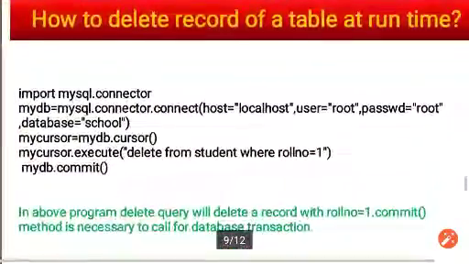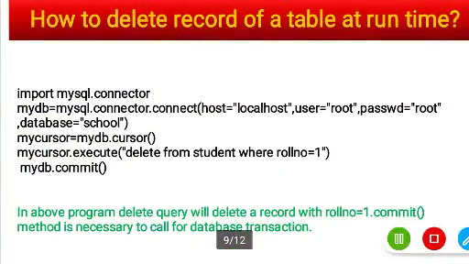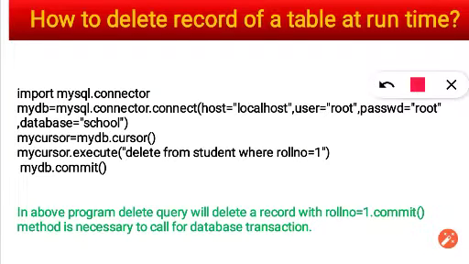Now how to delete the record? The same way, the whole program is same, whole line of code is same. Just the difference is you have to execute a delete statement inside that execute function and then commit.